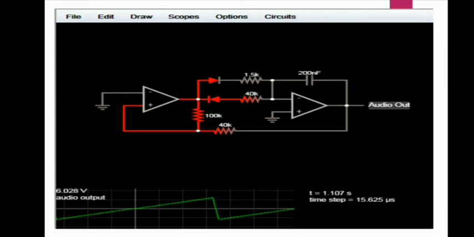It is similar to what we saw in the triangular waveform generator, except that the resistor in series with the capacitor will be replaced by two resistors. Each one will be paired with a diode going in the opposite direction. If we see, for the first half of the cycle, the capacitor will charge through the 40K resistor, and for the other half, the capacitor will discharge as usual through the 5K resistor, and hence we obtain a sawtooth waveform.